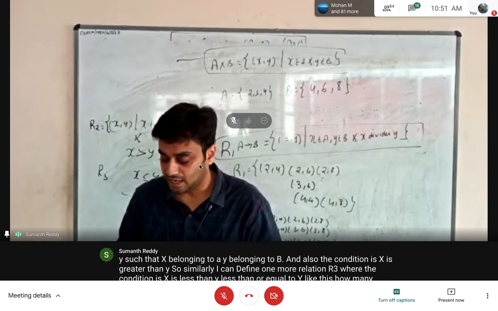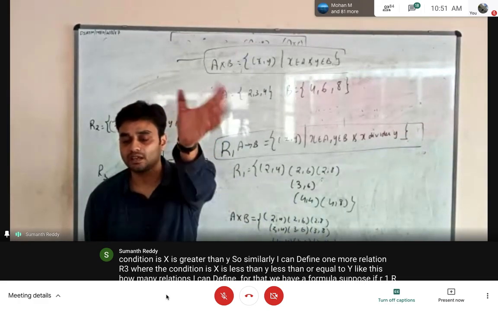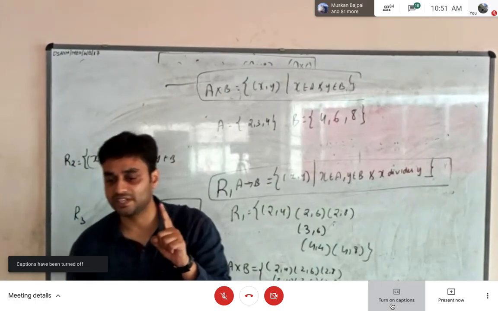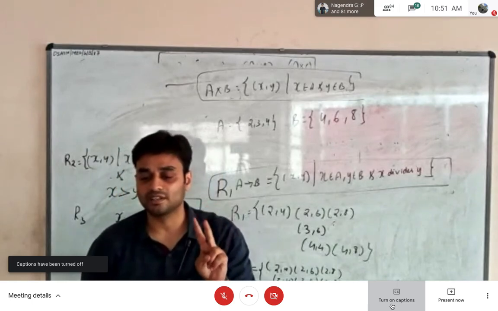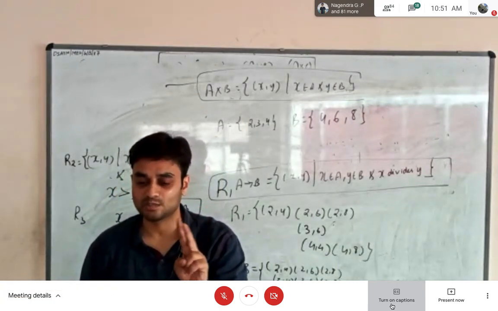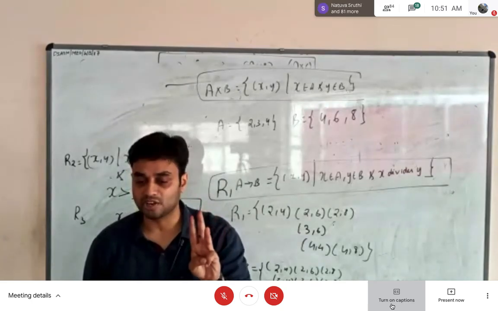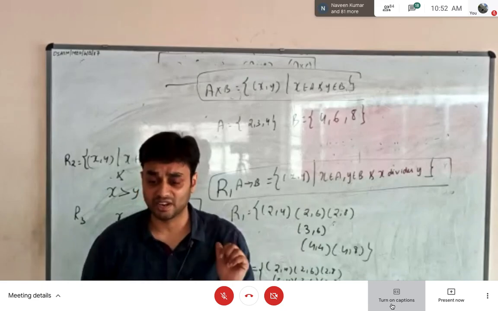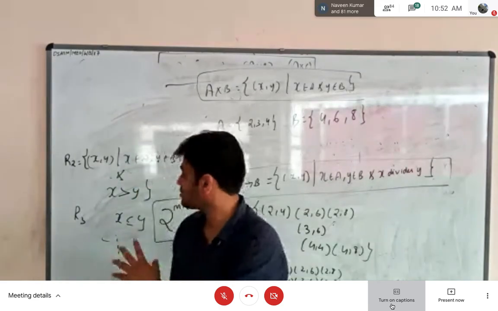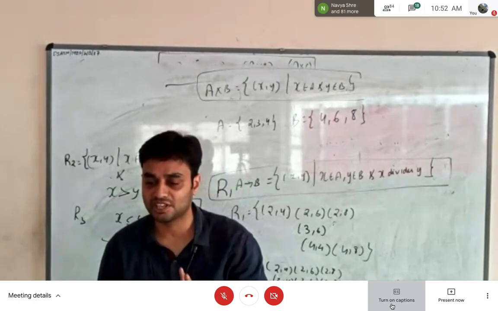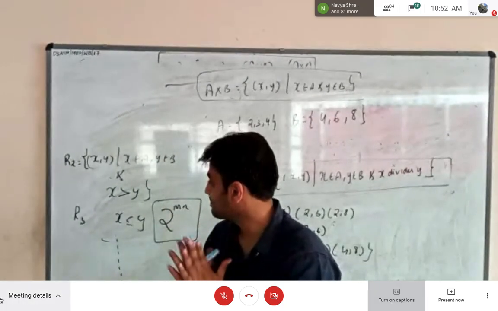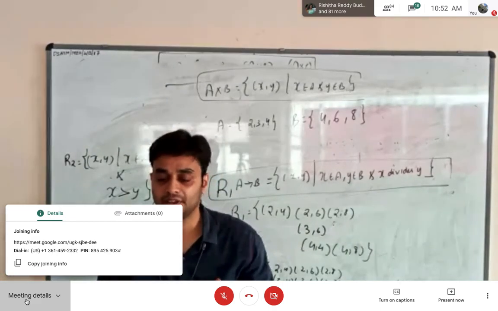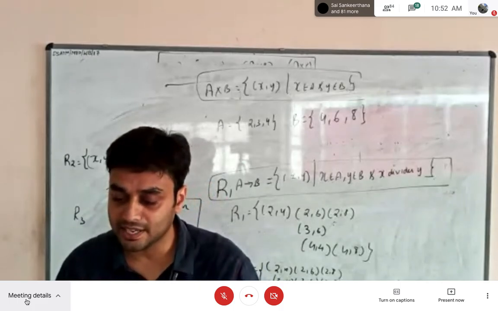So today I want to conclude. I think you are very clear with what a Cartesian product is, its definition, the problems related to the Cartesian product, where they give 2 sets and ask for A cross B, B cross C, and the theorems on the Cartesian product. Next I taught you the definition of relation. I have given one example, but have not solved any problem on relations. Then I told you how to find the total possible relations from set A to set B. That formula I have given. Whatever concepts I have told you today, is it clear, students?